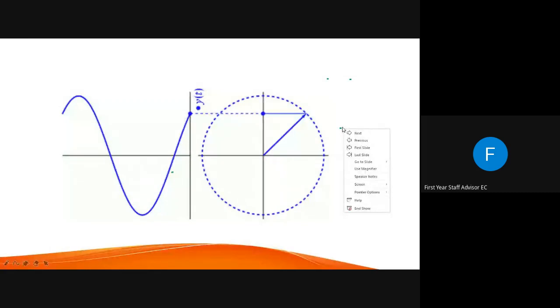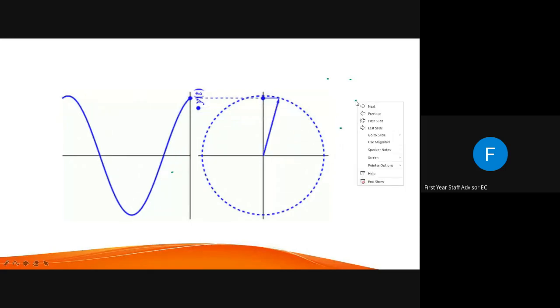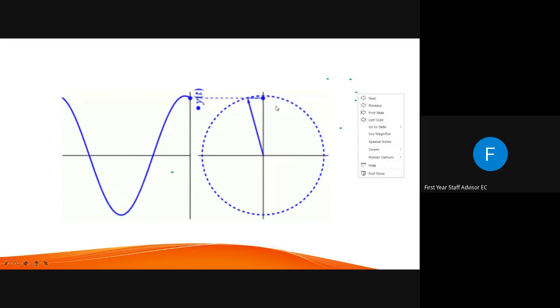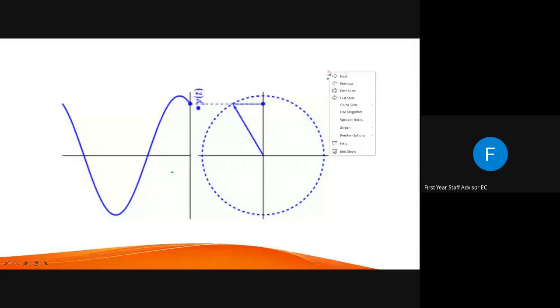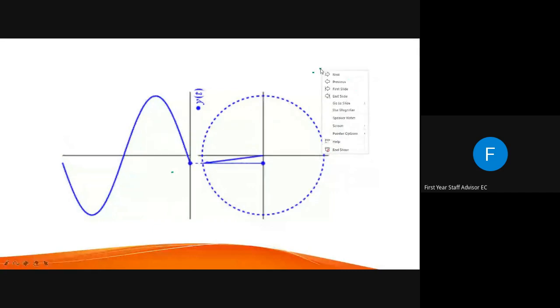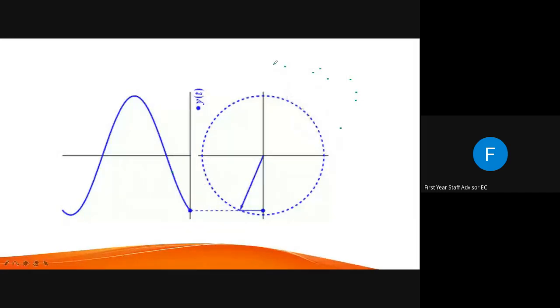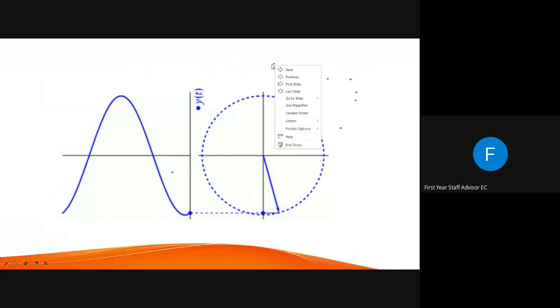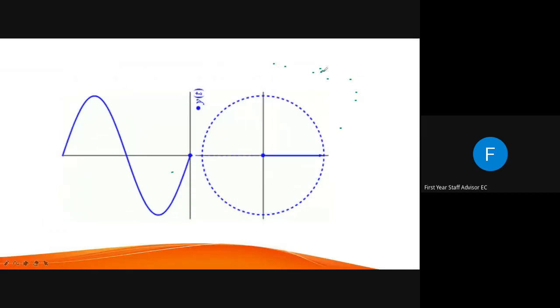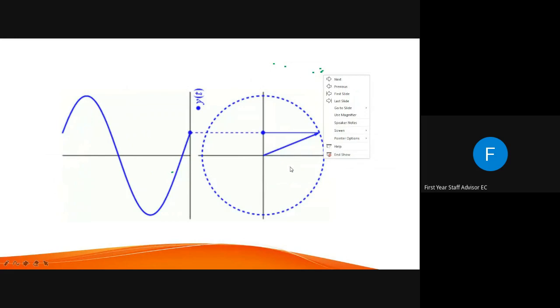So as the waveform changes from 0 to positive peak value, you can see that it is rotating in the anti-clockwise direction. Now see, after 90 degrees, the phasor also moved 90 degrees. Now we will go for 180 degrees. After 180 degrees, the phasor also rotated 180 degrees. After 270 degrees, the phasor also rotated 270 degrees. And after one complete cycle, it has reached back to the initial position.